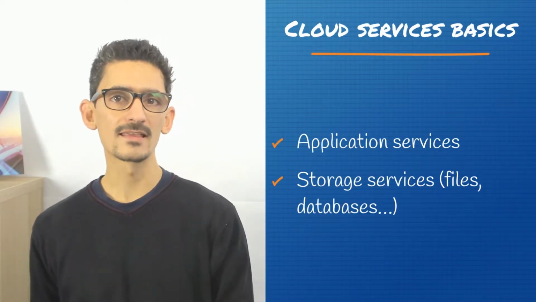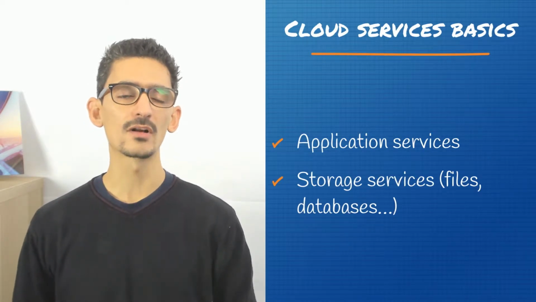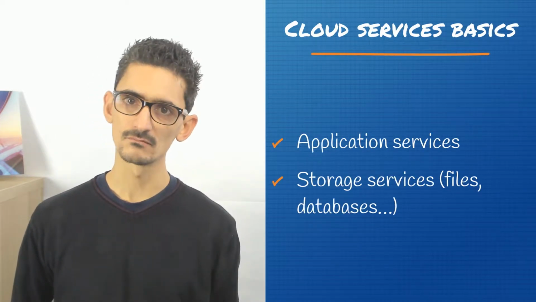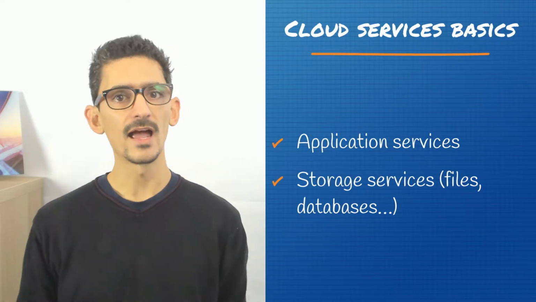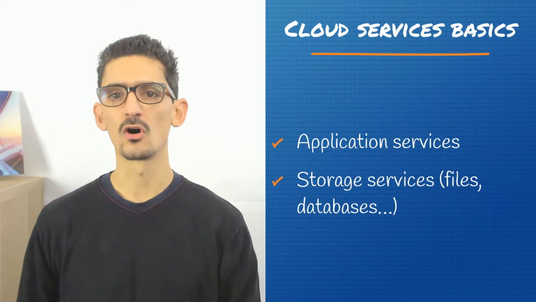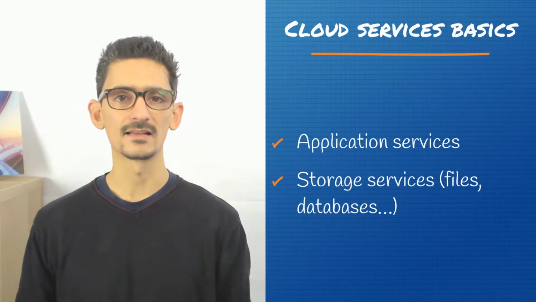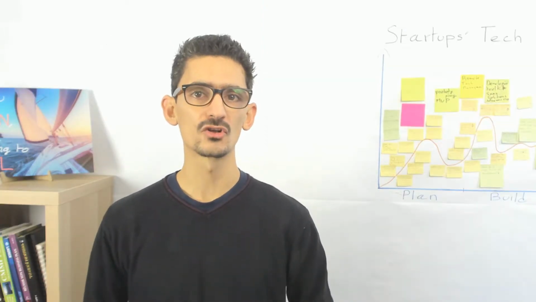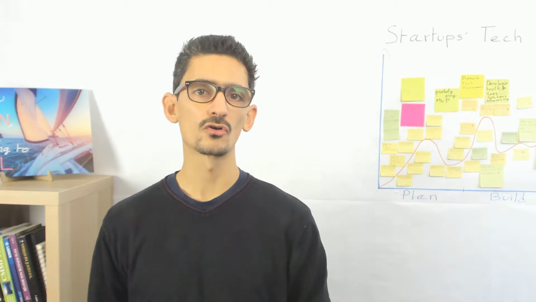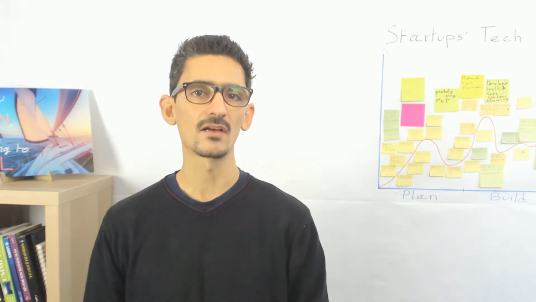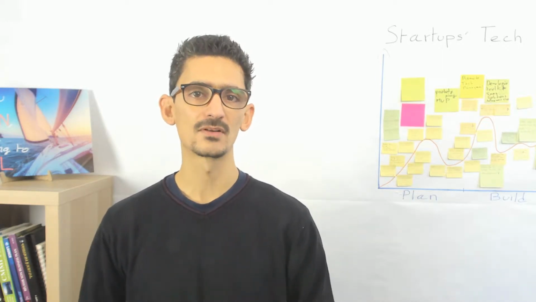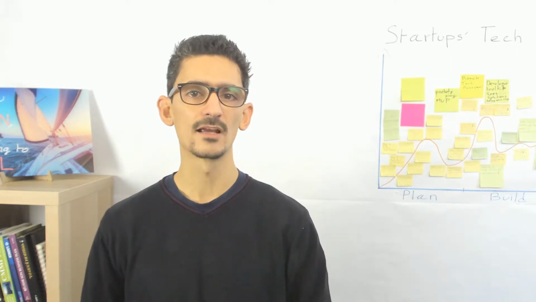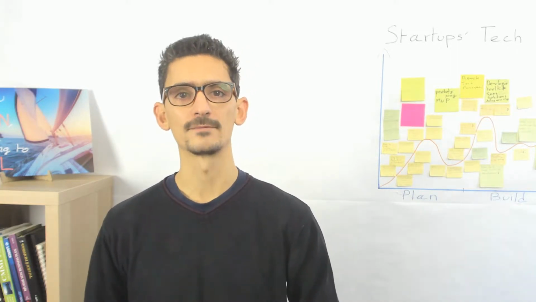This is why there are two types of key services on the cloud: application services, just to run the application, and storage services to store files, databases, etc. And to make your application fully compatible with cloud solutions, you need to store your customer information in external services. There are three types of information that you need to ask your developer to externalize.